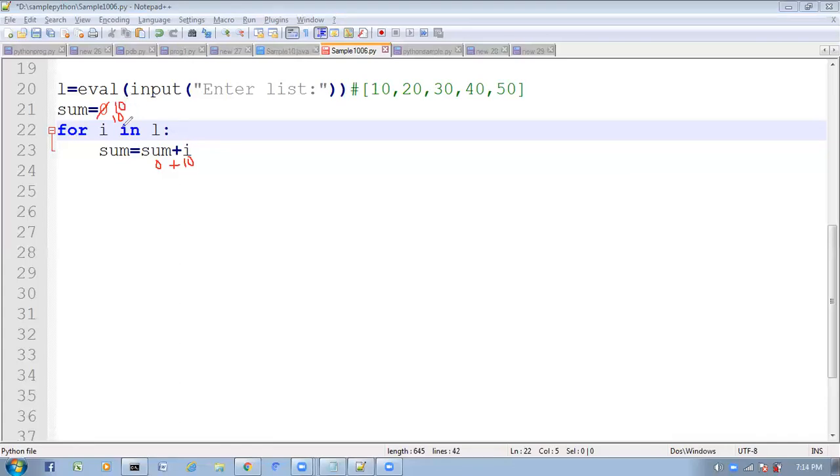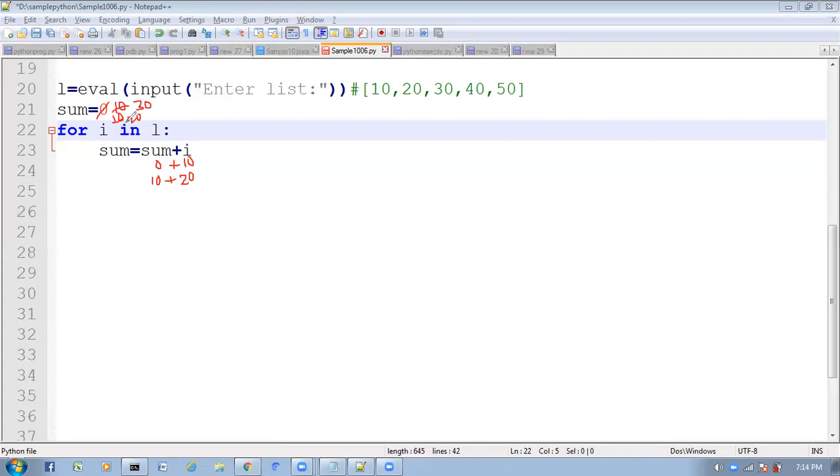Next time what is the I value? 20. And already inside sum we have 10. So 10 plus I value 20, now you will get 30. Now this 10 will become 30.